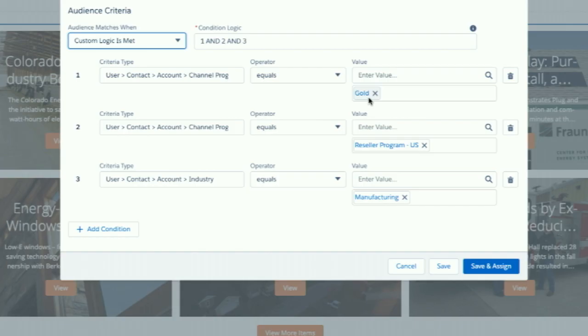A channel level has to be gold, and channel program needs to be in the reseller, and industry needs to be manufacturing. But I can probably tweak it. I can say, I want the first 2 to be AND, but the other one to be OR. And by just one change here, I can change the entire logic of how this component needs to be rendered